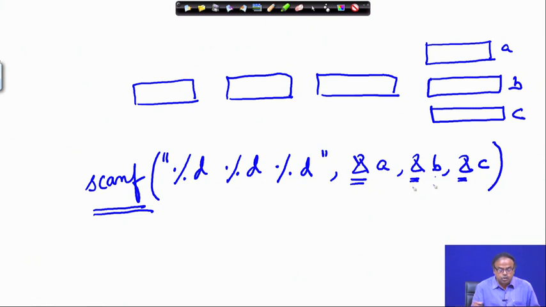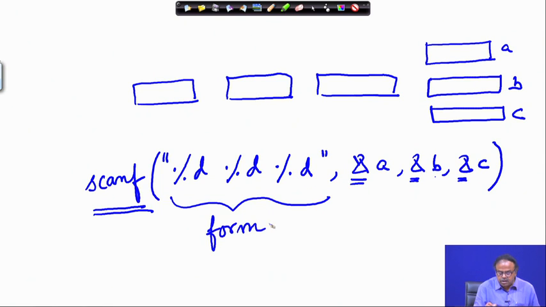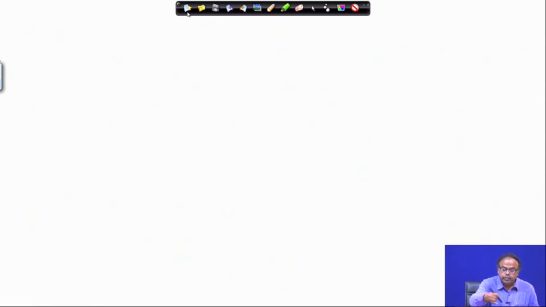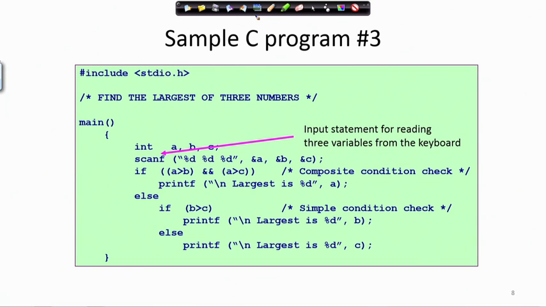All right. So, this is something that you have to be a little careful and practice a little bit, it will be very easy later on. So, within the quote I specify the format specifier, that is integer, in this case %d, and these are the variable names. All right. Now, let us go back to see if there is anything that is new here.